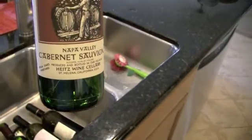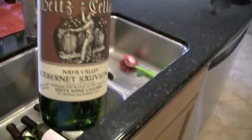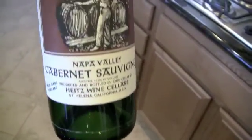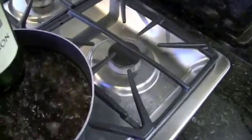So let me show you exactly what I do here, and I'm going to start with a bottle that my wife and I have a lot of affection toward, and it's a 2001 Heights cellar that we had on our 10-year anniversary. So if I screw this one up, I'm doomed. So anyway, what I do is I take this